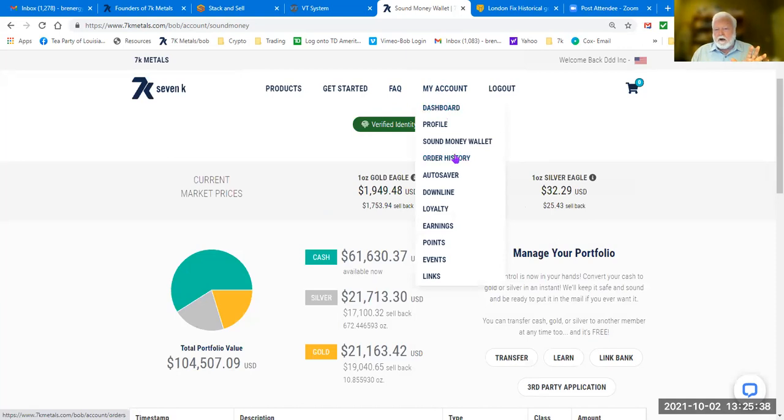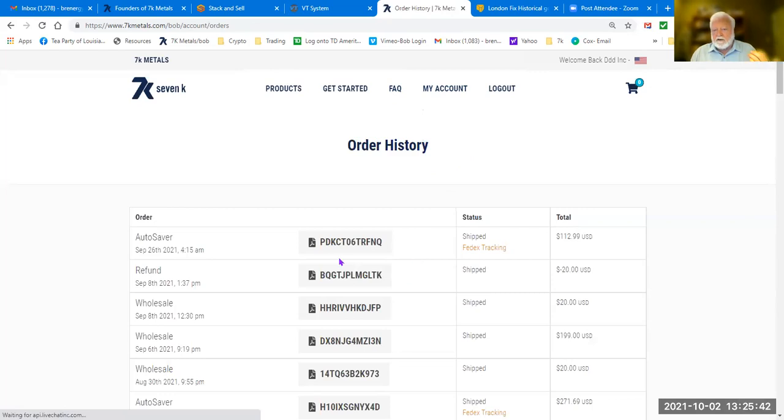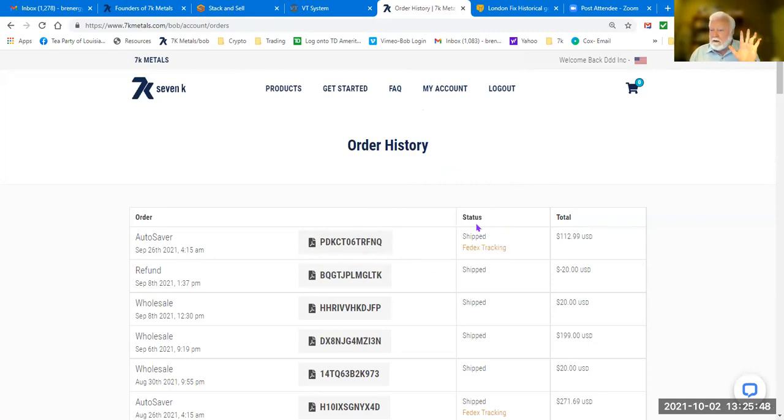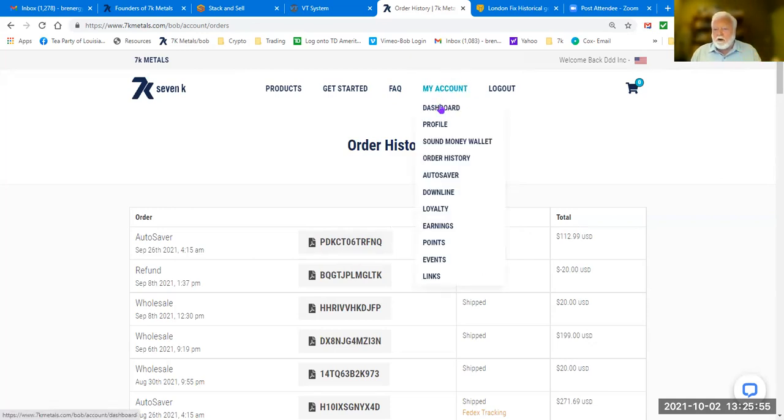And then you tell them this is where you're going to have all your order history, your PDFs. You don't have to keep any records or books. They should have their own order right there, and they can click on the PDF. You can print it out or you can save it, but say you don't need to. All your bookkeeping is set for you and done for you. Then you want to take them to